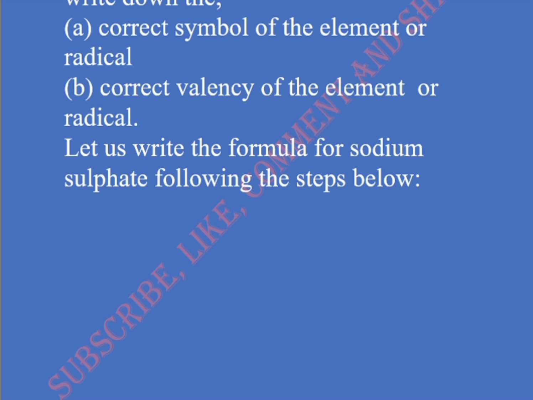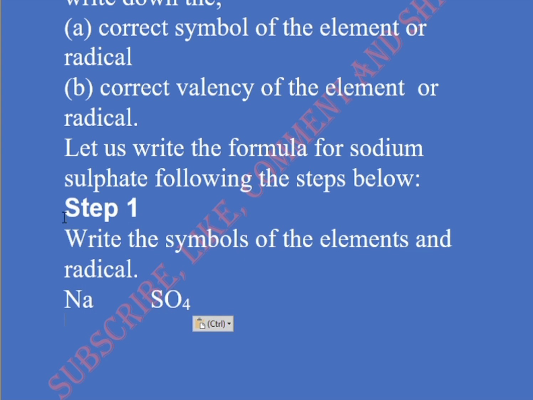Write the symbol of the element and the radical. In case they are all elements that are reacting, you just write the symbol of the elements. In case it's an element and a radical, you write the symbol of the element and the radical. So in this case, we have sodium sulfate. It is a reaction between sodium